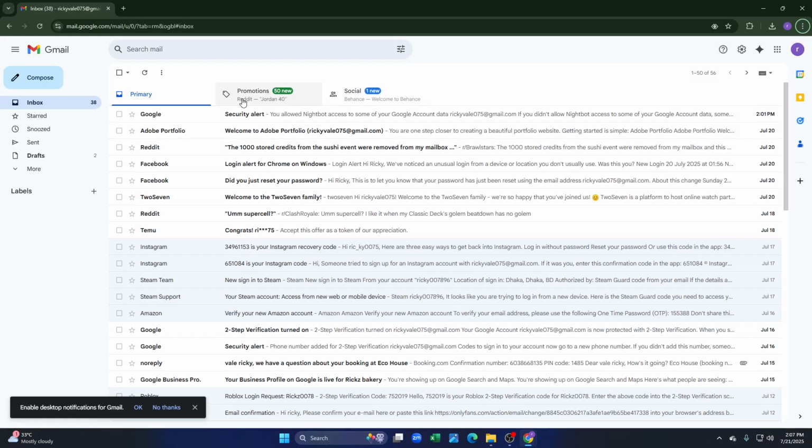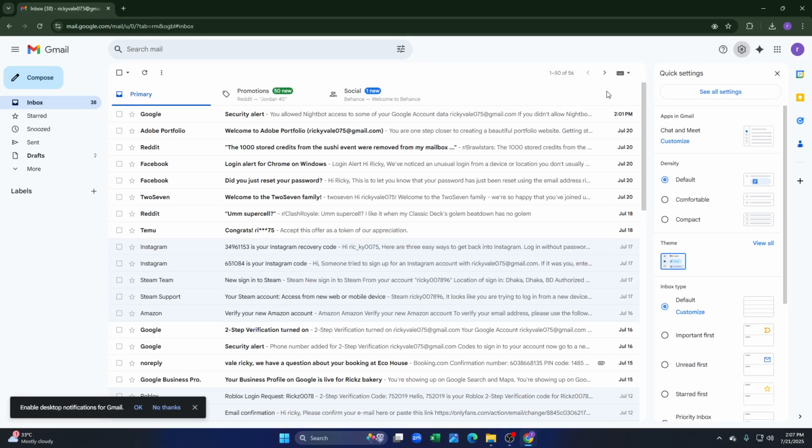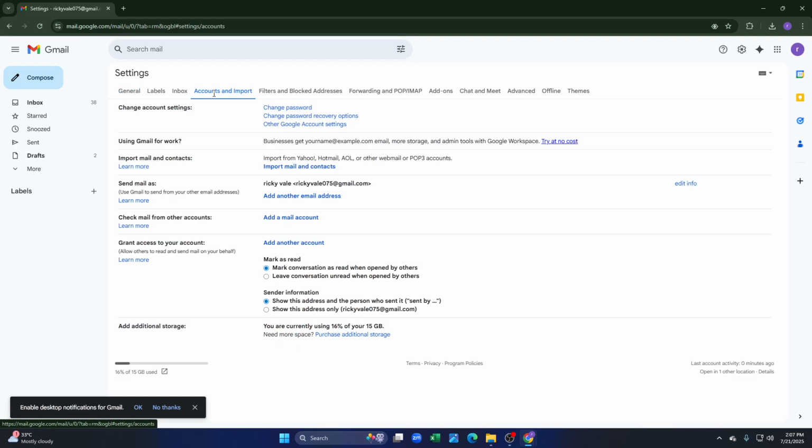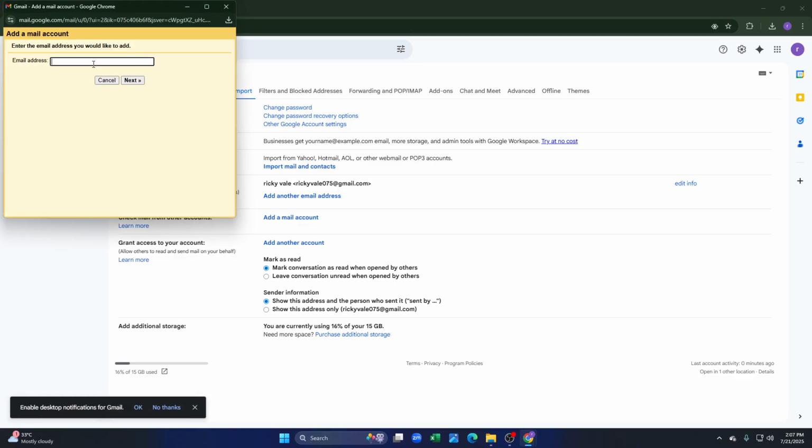So first of all, you have to log into your Gmail account, and after that you have to click on the settings icon from here, and then click on see all settings, and then you have to just click on the accounts and import section from here, and then you have to click on the add a mail account from here, and this interface will pop up,